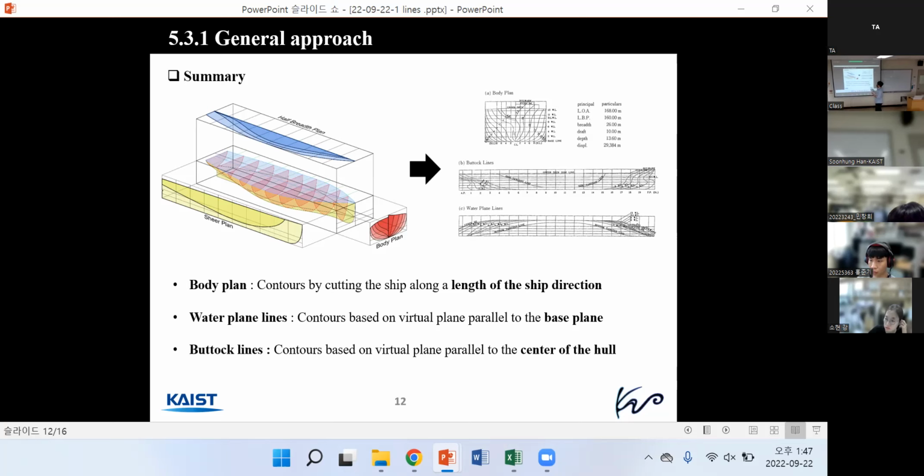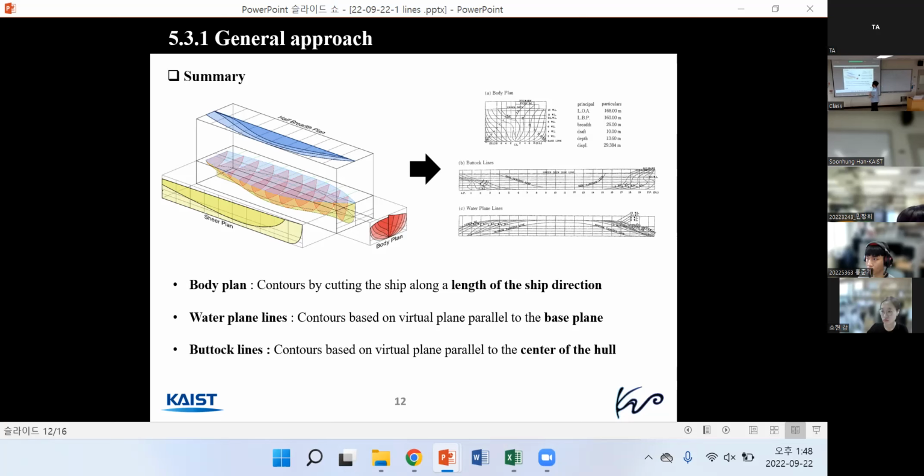However, if we consider the three-dimensional Cartesian coordinates with x, y, z axes and three different planes, we can construct many contours for each cross section. The superimposed red contours are the body plane, the contours made by cutting the shape along the length of the ship. It is the first line drawing. The second one is